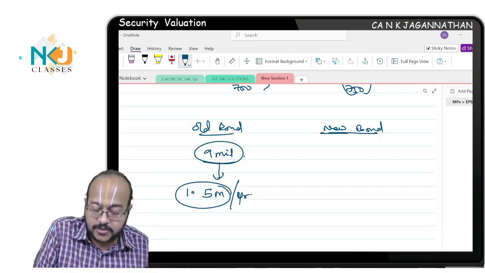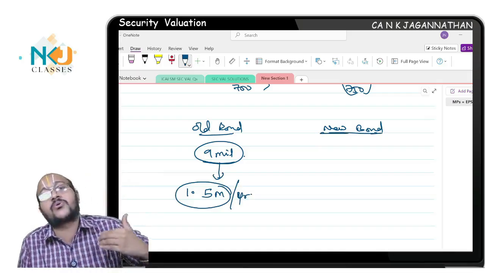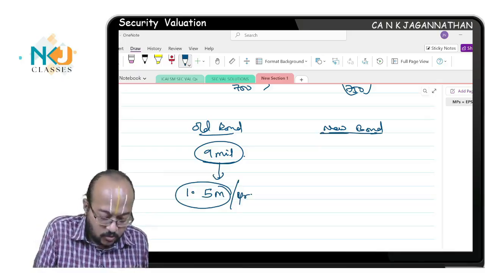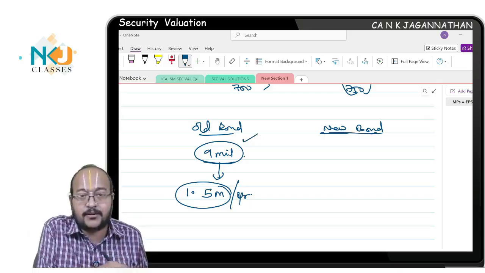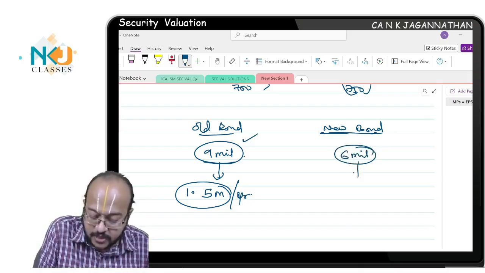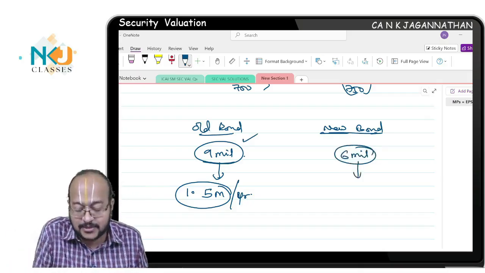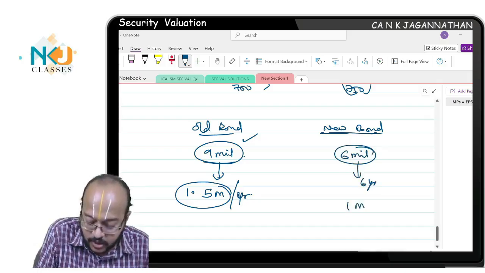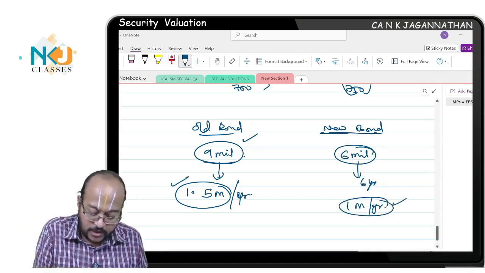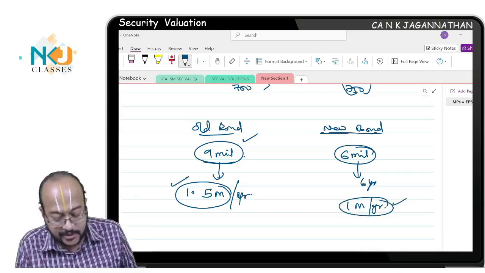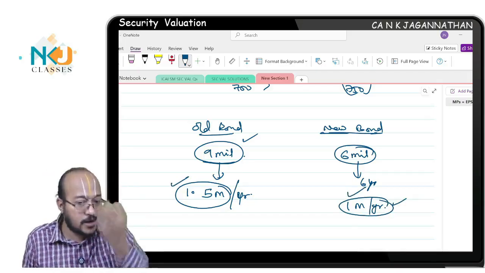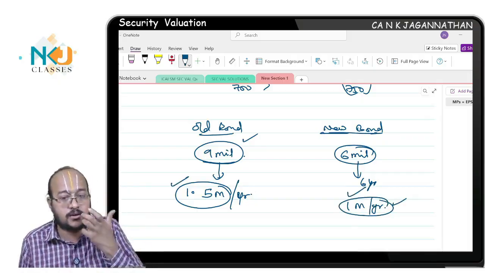Now, if you refund the existing bond with the new bond, what happens? The old bond's 9 million is instantly debited to P&L. But the new bond issue cost is 6 million only. The 6 million will be debited over the balance 6 years, which means 1 million per year. Are you all understanding what I am trying to say? So the 1.5 million you used to amortize earlier, now you are amortizing only 1 million per year, a reduced cost